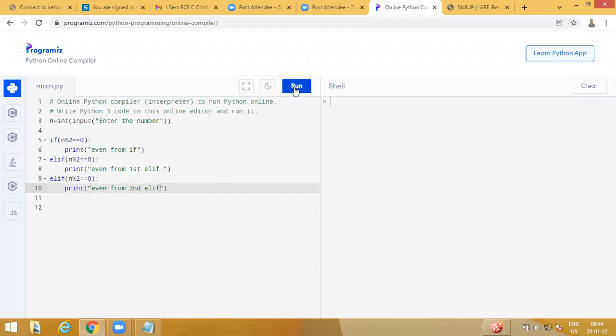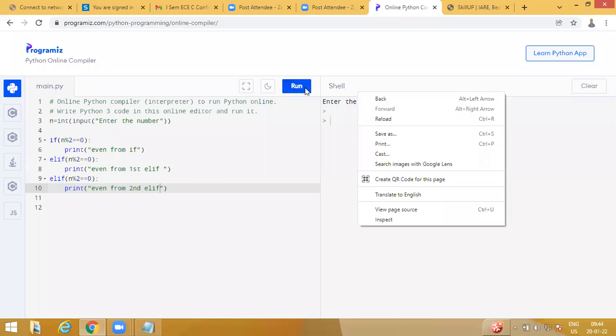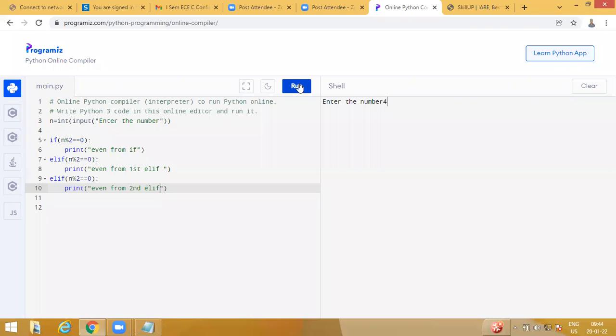Try to execute. Enter the number. I want to enter 4. Even from if. Again I'm trying. This time I'm entering 8. We did get the message from the if, because the first if condition is satisfied, the remaining elif conditions will not